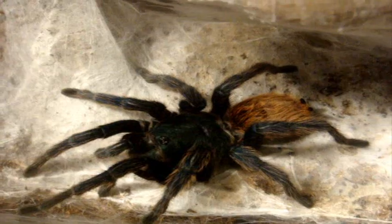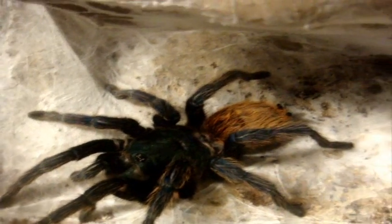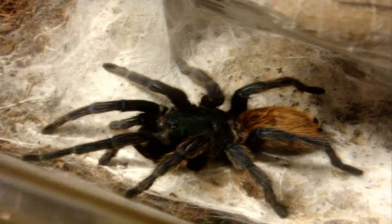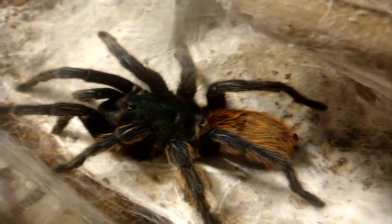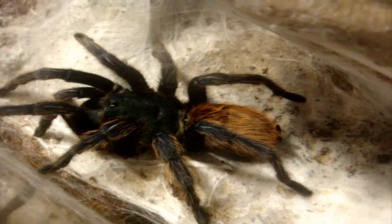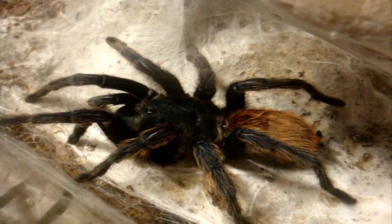And then you go to this one here. I got her in late 2008, in October. No, I'm sorry, 2009. As a green bottle blue, mature female, Chromatopelma cyanopubescens. It was a Kijiji ad that I was referred to by PDM89 since he knew I was looking for a female GBB. And there she is. She's a little bit mellow, but if you try to touch her on the abdomen, she'll turn around and do